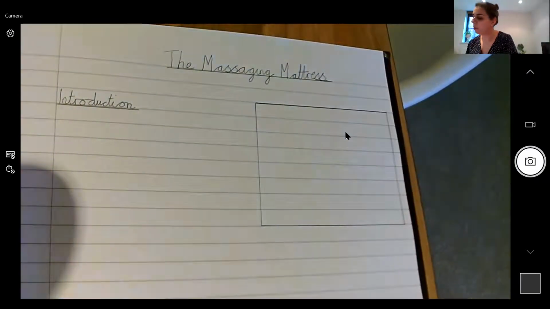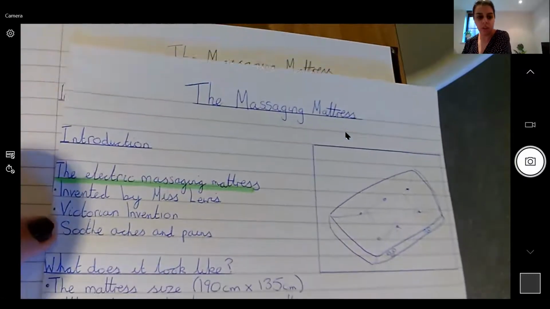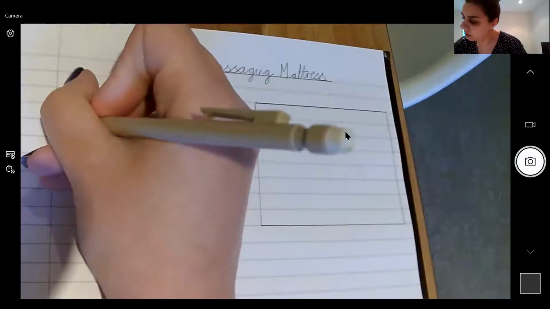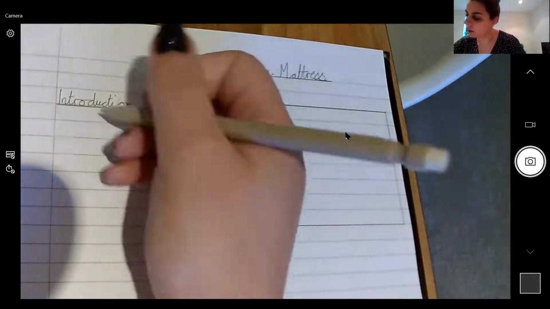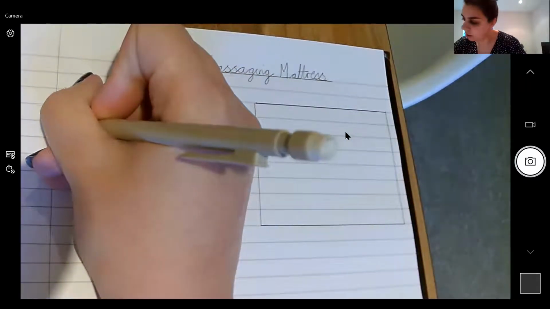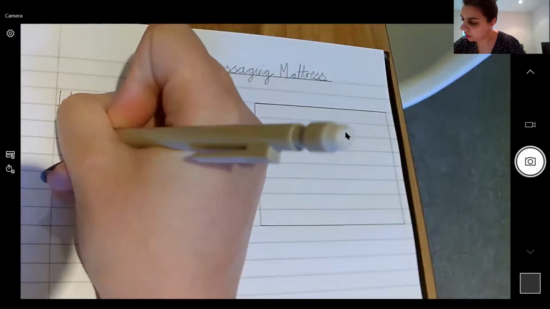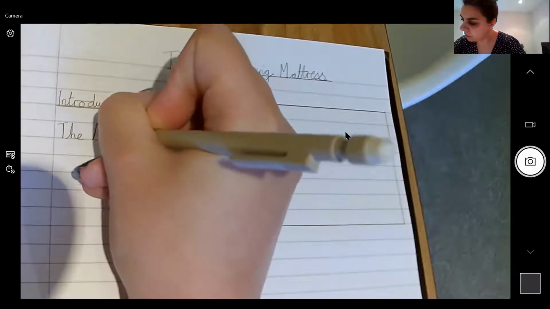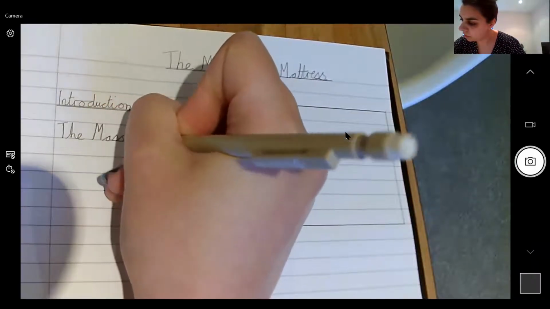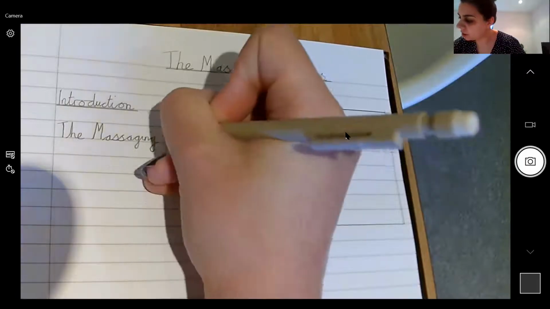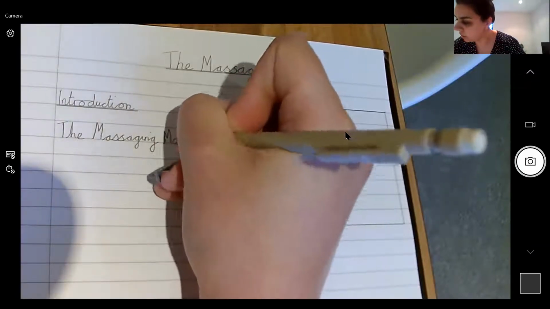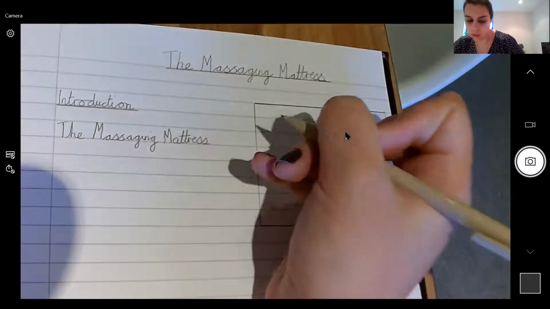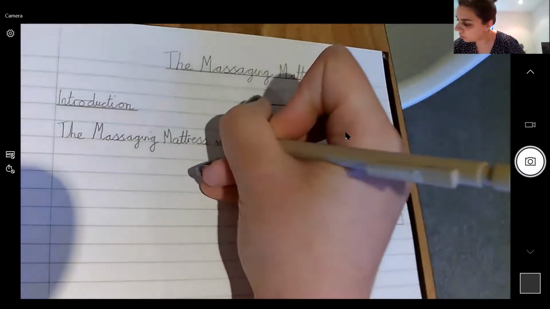So let's have a look again at my bullet points. So it said the electric massaging mattress invented by Miss Lewis. So I'm going to leave a line and then I'm going to write my sentence. I'm going to write the massaging mattress. I'm going to write it with capital letters because that's the name of it. Proper noun. The massaging mattress was